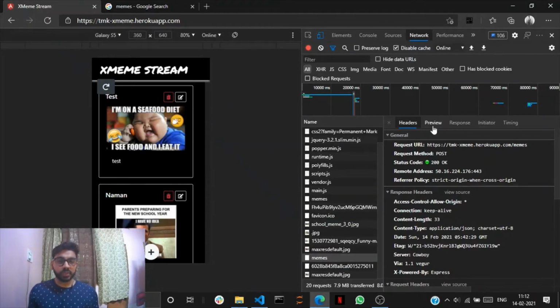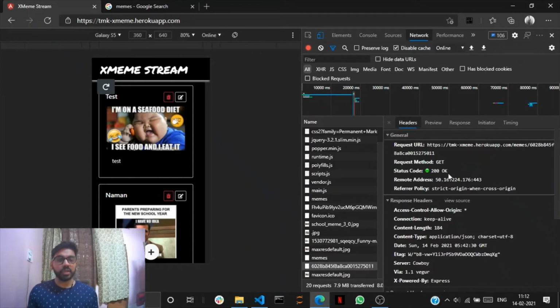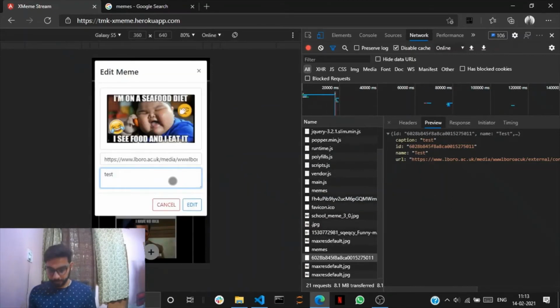This post request adds the meme to the database and sends back a unique ID. This unique ID is then used to get that particular meme. As you can see in the response, the caption, the unique ID, the name of the creator, and the URL to the meme.